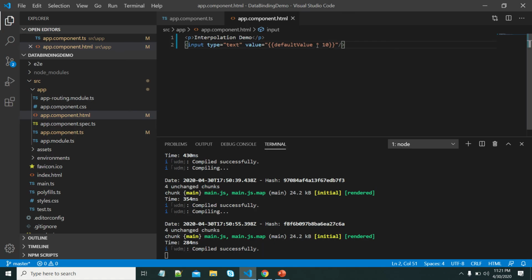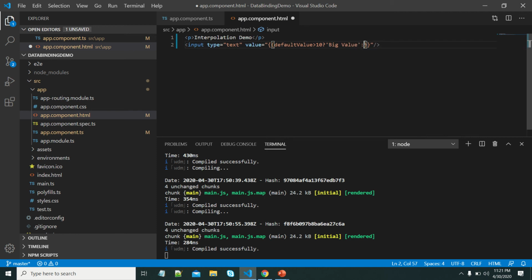We can write conditional statements also. If that is greater than 10, let us write big value.